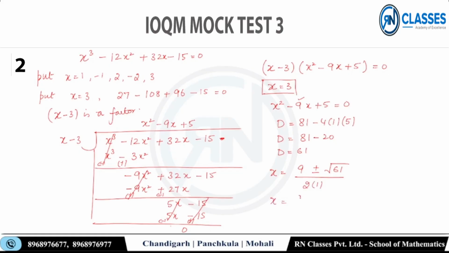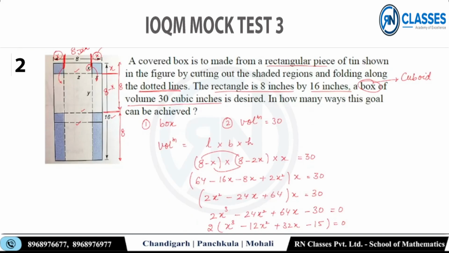दैट इज 61, वो मैं निकाल चुका हूं, डिवाइडेड बाय 2a, 2 into 1। सो मेरे पास x की दो वैल्यूज आ गई (9 + √61)/2, एंड यहां पे आ गई x इज इक्वल टू (9 - √61)/2। आई गॉट 3 वैल्यूज। नाउ आई हैव टू चेक क्या ऑल द 3 वैल्यूज के लिए मेरा सेटिस्फाई हो रहा है।